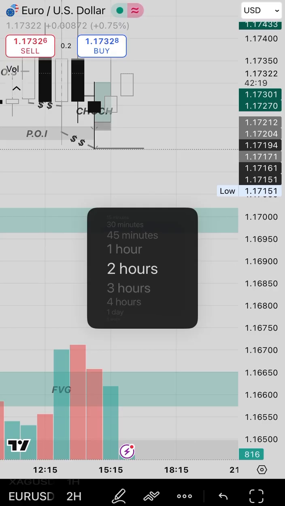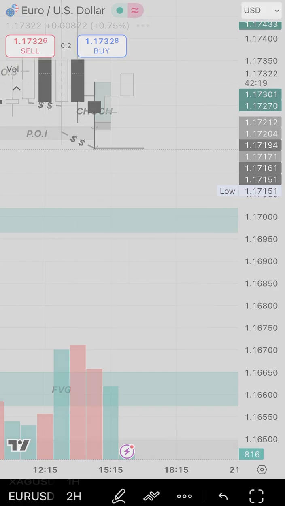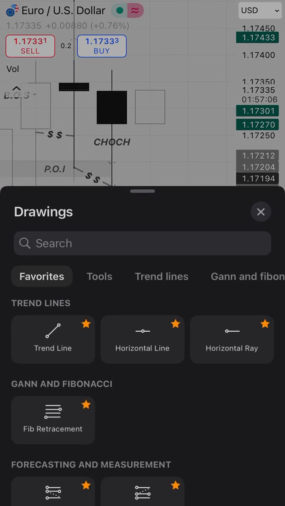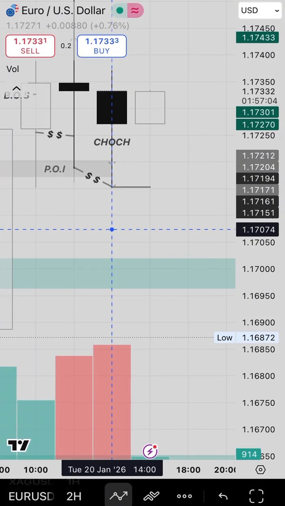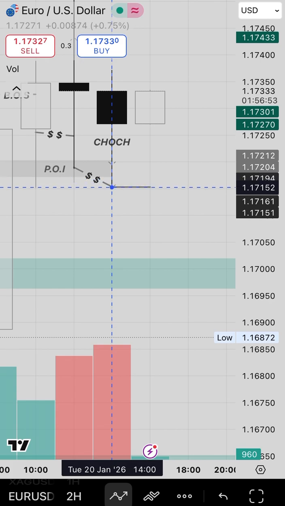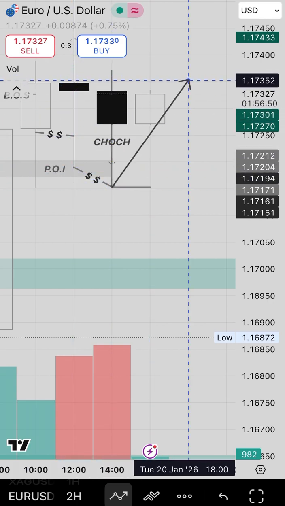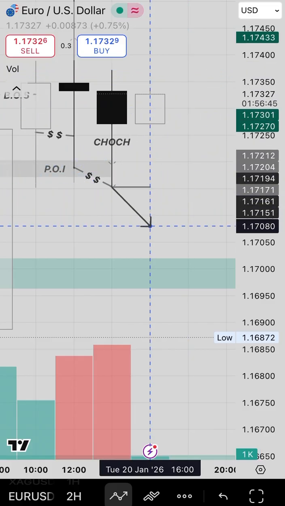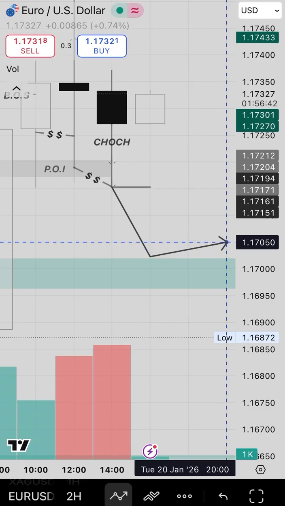So eventually market is going to break below this swing low here, and give us our change of character. And once it gives us our change of character, we'll map out our point of interest again, then look for our entry to sell down to this nearest